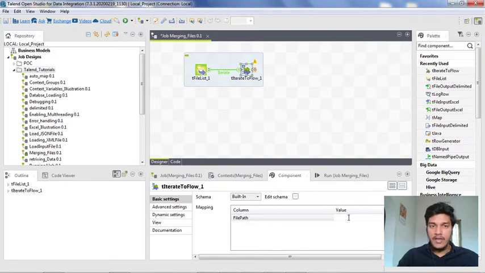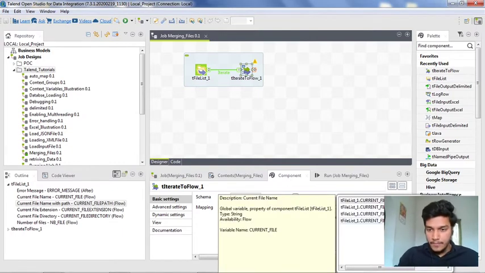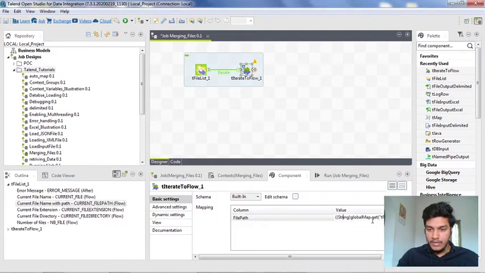So how will I get it? We have component variables related to that particular component, tFileList. I want to insert the tFileList file path here. If you want to know about component variables, then go to the lecture on component variables. Here when I click Ctrl plus space bar, we have all the available variables present in it. I am clicking on tFileList_CURRENT_FILEPATH, which gives the current file path that is getting executed. Now I am saving it.